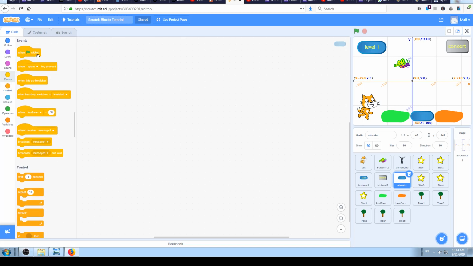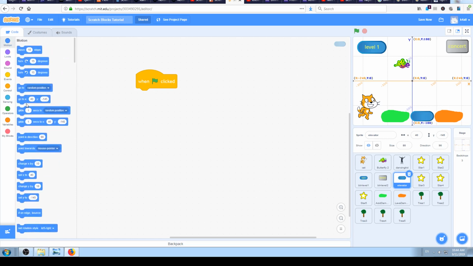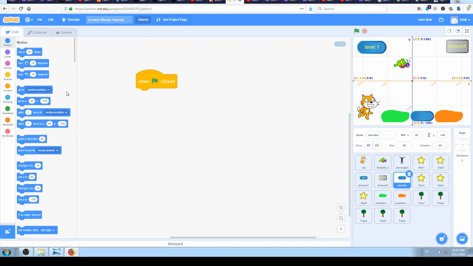I want this sprite to be on, I don't know, maybe level 1, maybe some other. Let's say it's on level 1 and I want it to start on this position. As I said just a few moments ago, when you move a Scratch object into some position, some of these blocks will remember that position and show it right away. So we just have to find the block which will say start from here position, or as we have used it for the cat,